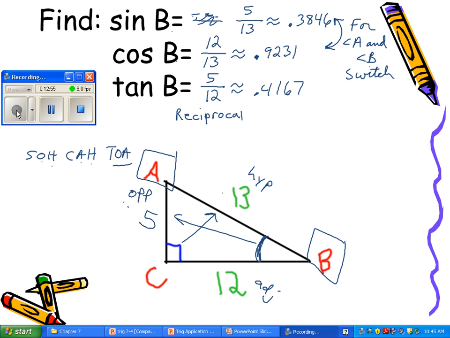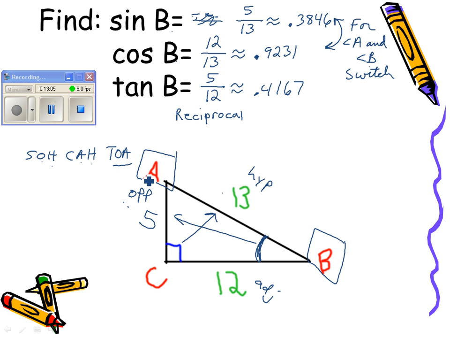Now, finding all that stuff is all good, but it's not really all that useful unless we put it towards something. And what we'd be putting it towards is either trying to find the angles or trying to find some of the sides. Well, in these cases, we knew all the sides, or we actually found this one. So what we could find is the angles, and the way we're going to do that is by using our calculator. If we know that the sine of angle B is 5 over 13,